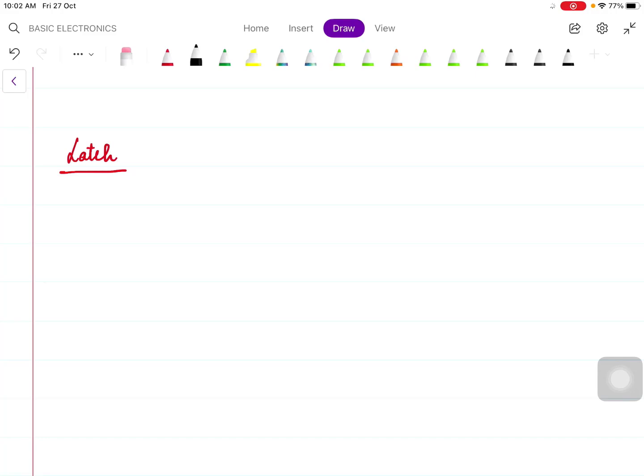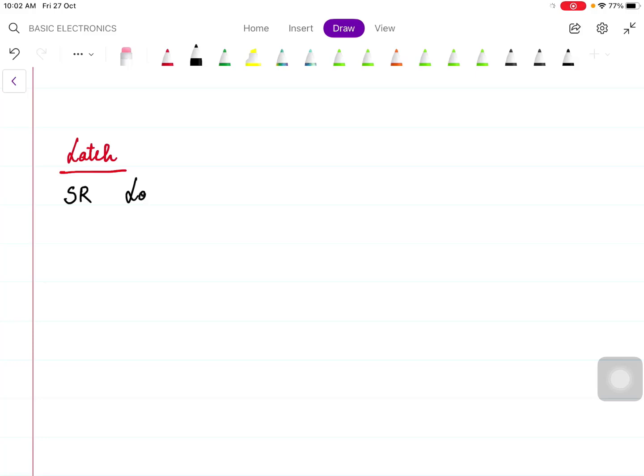As the word latch itself implies, it has the capacity to lock something, because we have a latch on doors that we use in our daily life to latch the door. That means if we need to lock something or hold something, we use a latch. Here also latch implies the same thing. In digital circuits, a latch is a basic circuit that stores values for some time. Let us see the circuit of a latch.